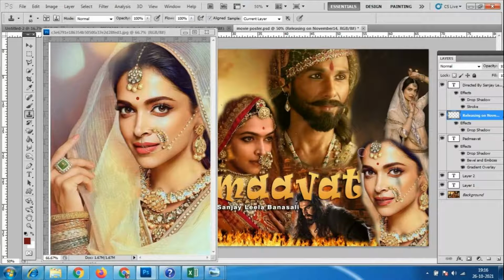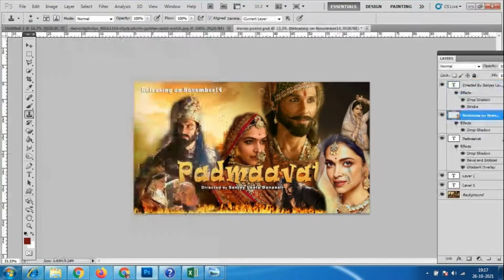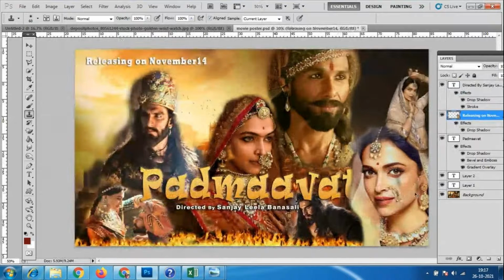Even the text which is going, so like this. It's not necessary to remove everything. We have to place this image also. I want everybody to be in the movie, so that's why I have placed it like this. If you want, you can keep it like this.